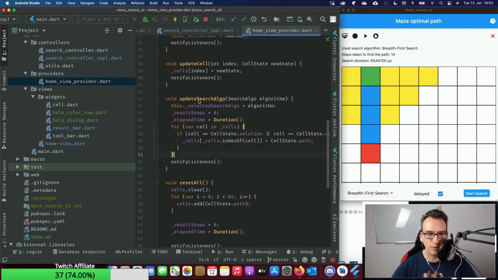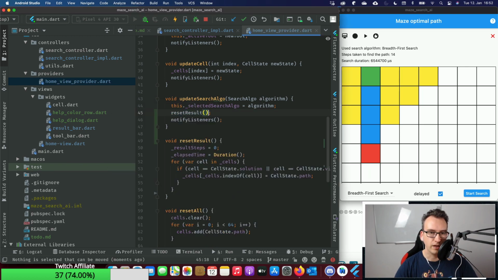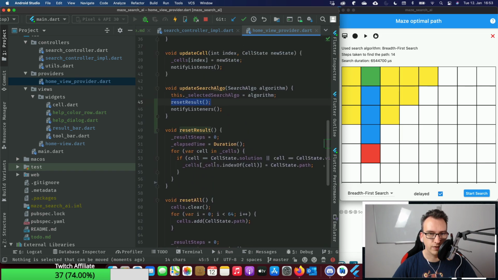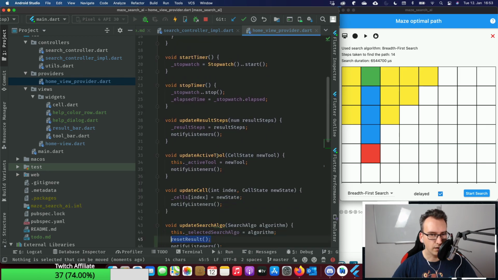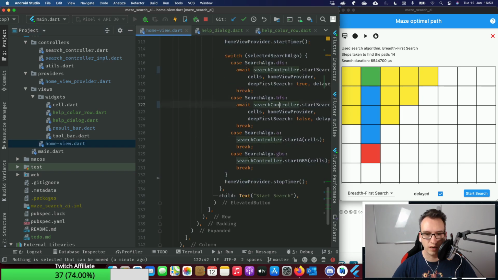Yes, exactly, Mino. Exactly. So I see we think they're alike. That's good. So what we want to do is don't actually update the search algo, but what we want to do is removing or cleaning up that stuff. So we create a new method, reset values, reset result. Good. And we don't only do it here, we also do it when we press on the start button. And we do that where exactly? Inside of the home view, down at the bottom.